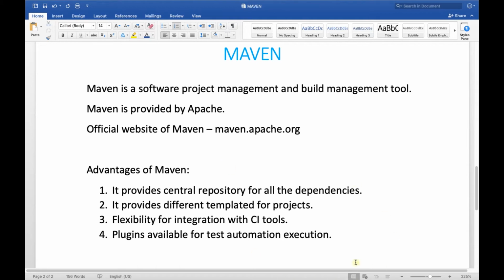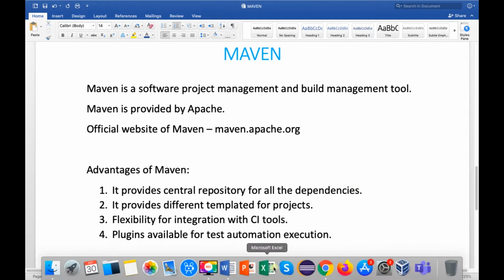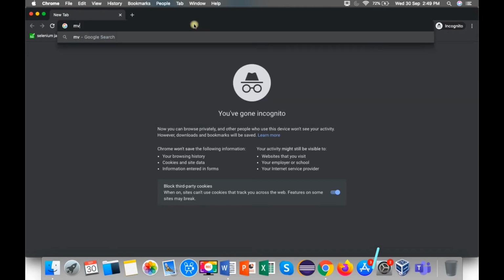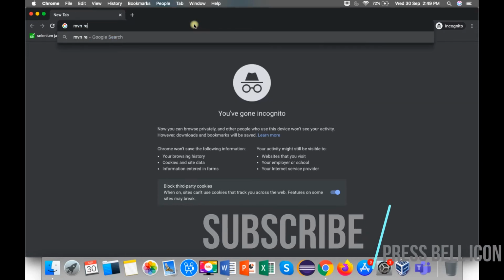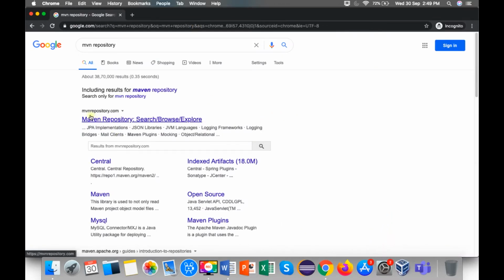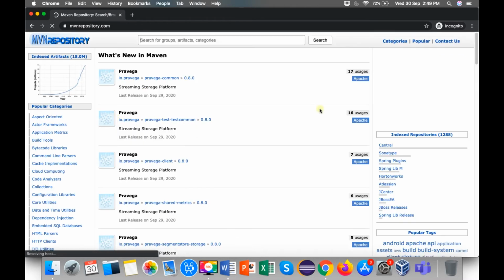It's a website, I will show you. In Google we will write MVN repository. So this is the repository website, MVN repository. As you can see there are different packages that are present.